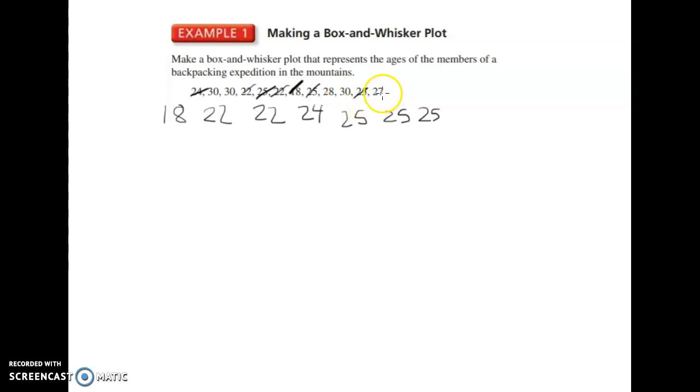and then I have 27, 28, and then we have 30, 30, 30. All right. Once I have written them all in order, the first thing we're going to do now is find